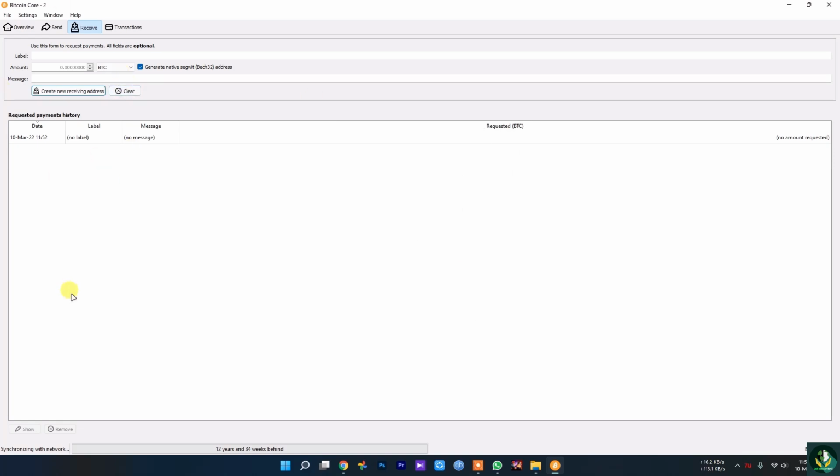That's basically it. It looks very similar, very simple and very easy to use. This is really user friendly, and hopefully you guys can get started with Bitcoin and your Bitcoin wallet, and hopefully start making some transactions.